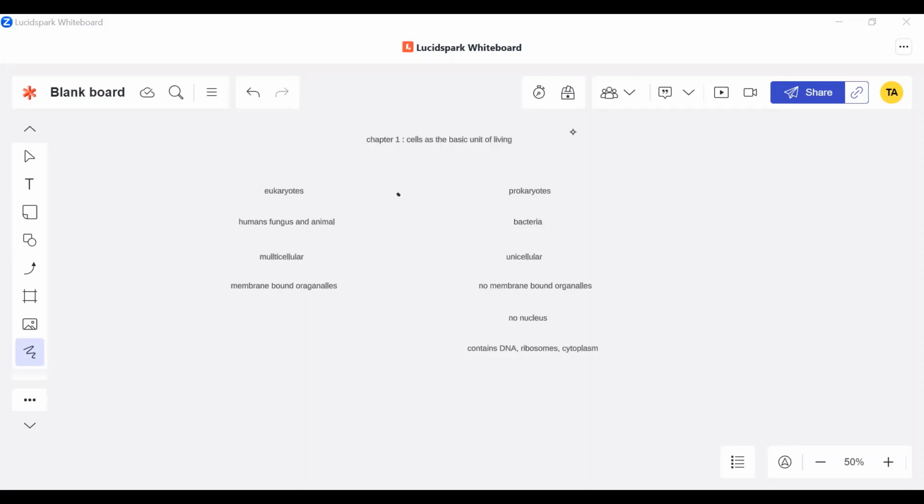All right, so let's start. This chapter one is all about cells. And in the IMAT syllabus, you have to know the anatomy of cells. So basically, what's present inside the cell, what are the different types of cell, and the general structure of our cells. So in chapter one, there are two types of cells that you need to know, the eukaryotes and the